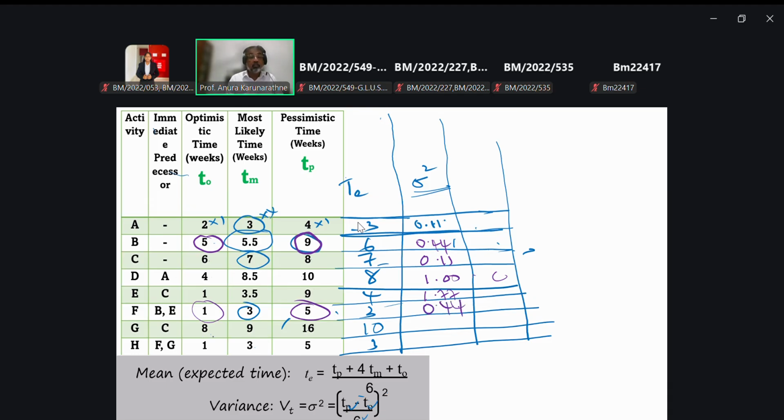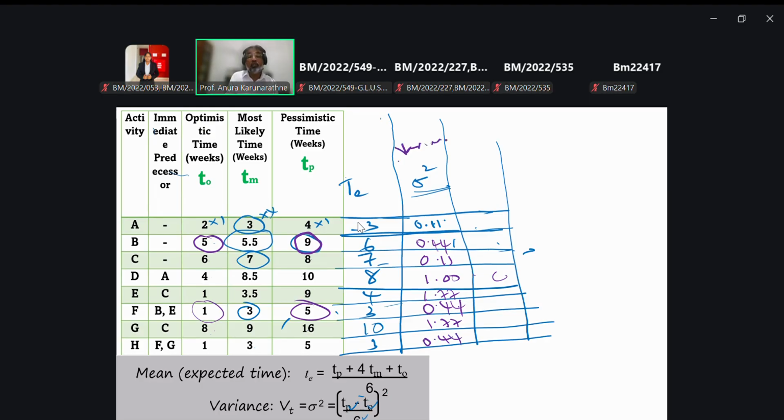Right? Then 16 minus 8, that is 8. Then 8 over 6. Take the square of it. Answer is again 1.77. Right? Then 5 minus 1, that is 4. 4 over 6. Then take the square of it. Again, 0.44. So in this way, we can obtain the variance,